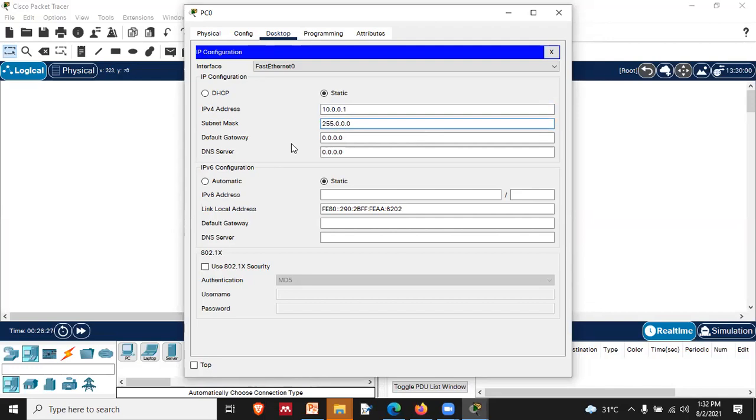right? So what is a subnet mask? That basically talks about how many bits are dedicated for the network address, right? So how many bits are dedicated? Over here you can see we have 4 octets, right? This is 1 octet, this is another octet, this is another, and this is another, so there are 4 octets, 8, 8, 8, and 8.